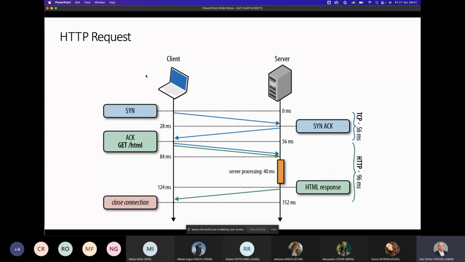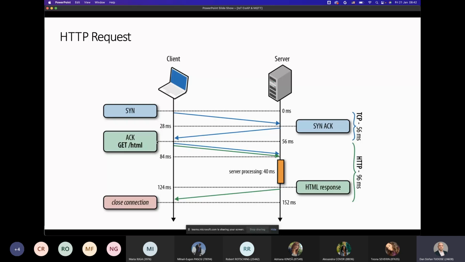Things are usually done through HTTP requests. So whenever you would like to actually access some data, you have a simple TCP handshake between a client and the server, so kind of like a SYN and a SYN-ACK. This is usually handled in a very short time. And afterwards, you would get basically the HTTP arbitration.